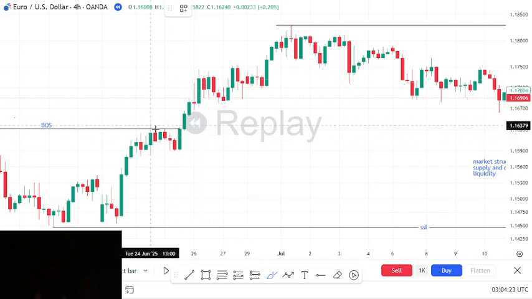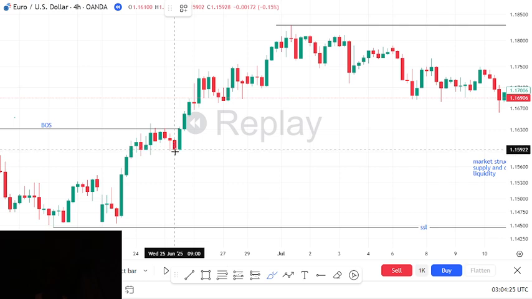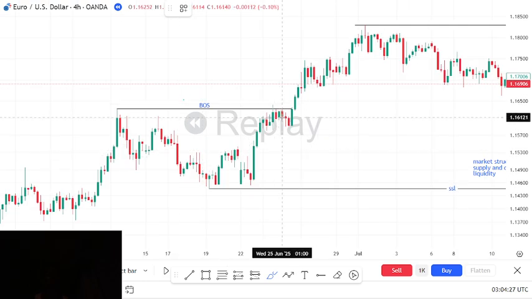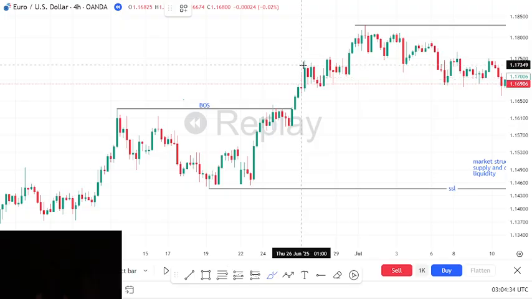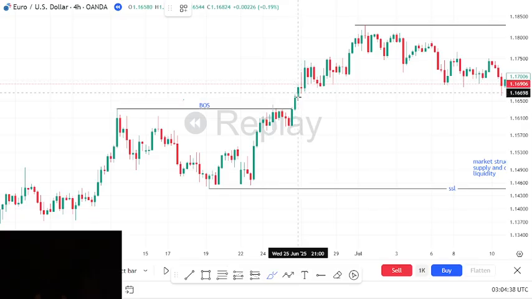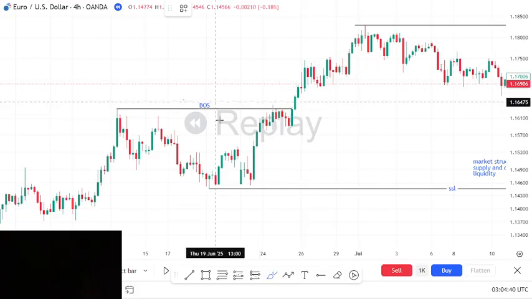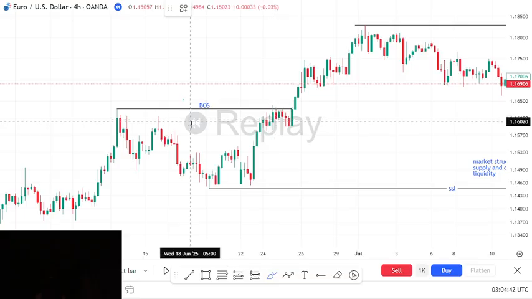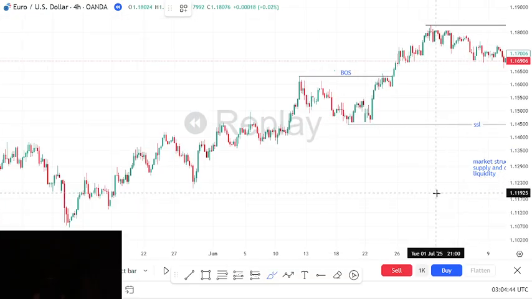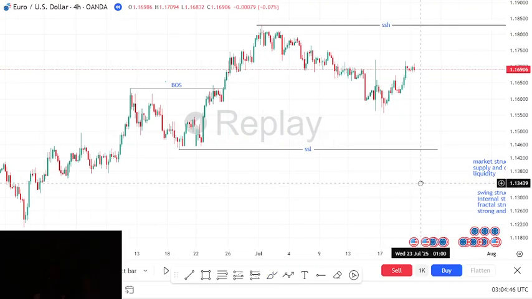So we swept liquidity, price formed some kind of correction, or price formed this reaction from tapping into the liquidity zone, and then price broke above this structure, right, into the liquidity pool. Let's look at the structure and continue the move. So with swing structure and internal structures, we expect